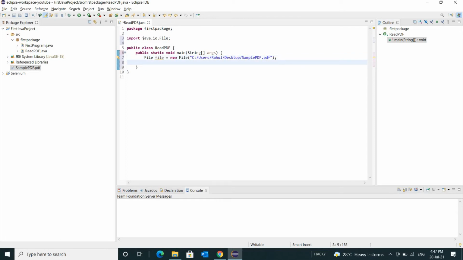After that, we will create an object of PDDocument. It is a predefined class in the PDFBox jar.